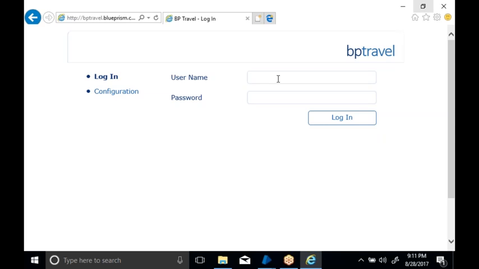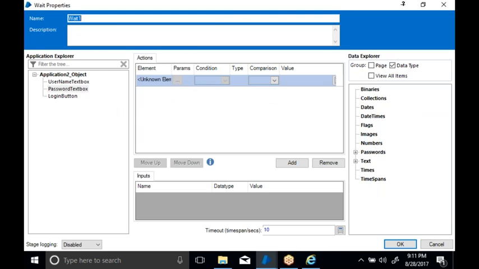then I will tell Blue Prism that my page is loaded, and go with the next stage. Now how to put the dynamic wait? You can see here in the wait stage, you have the element, you have the condition, you have the type under. Let's see that. What am I going to wait for after launching here?